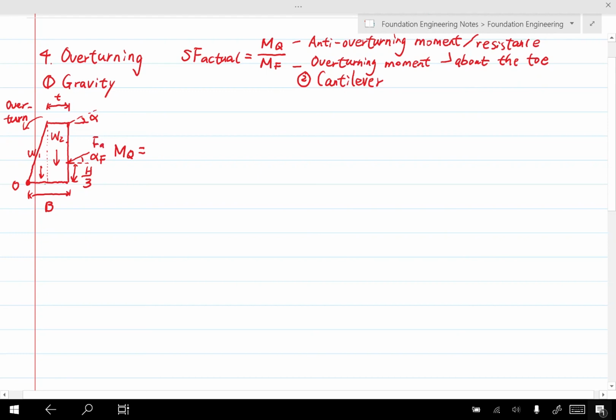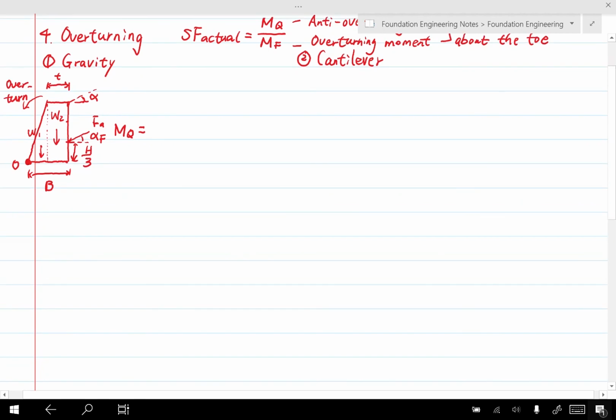We also have friction, but you can notice that the line of action of the friction passes through point O directly. So when we are calculating that moment, we don't need to consider this force. It has no arm. That's one of the major reasons that we choose point O as the point for calculating the moments. So MQ should be the counterclockwise moment,